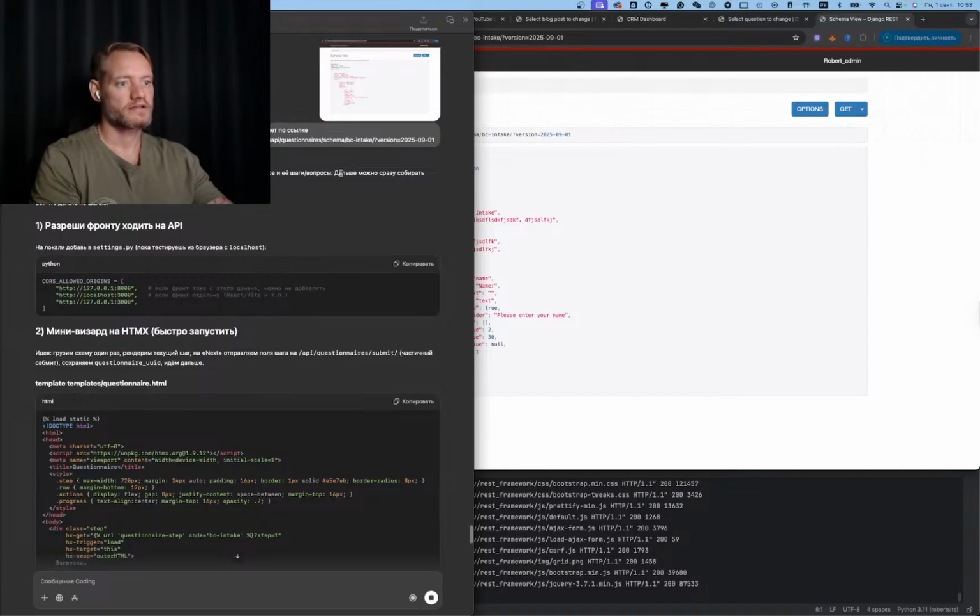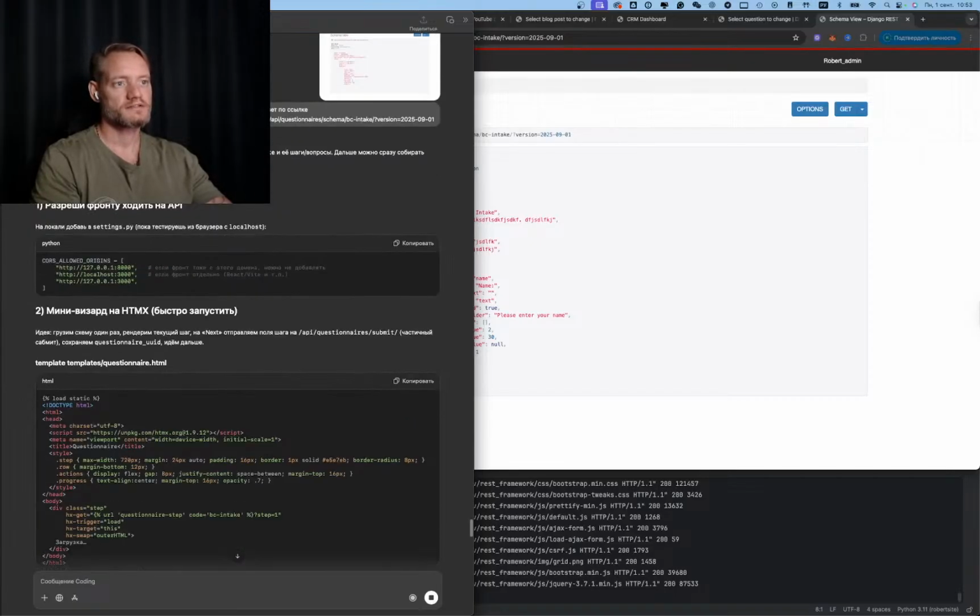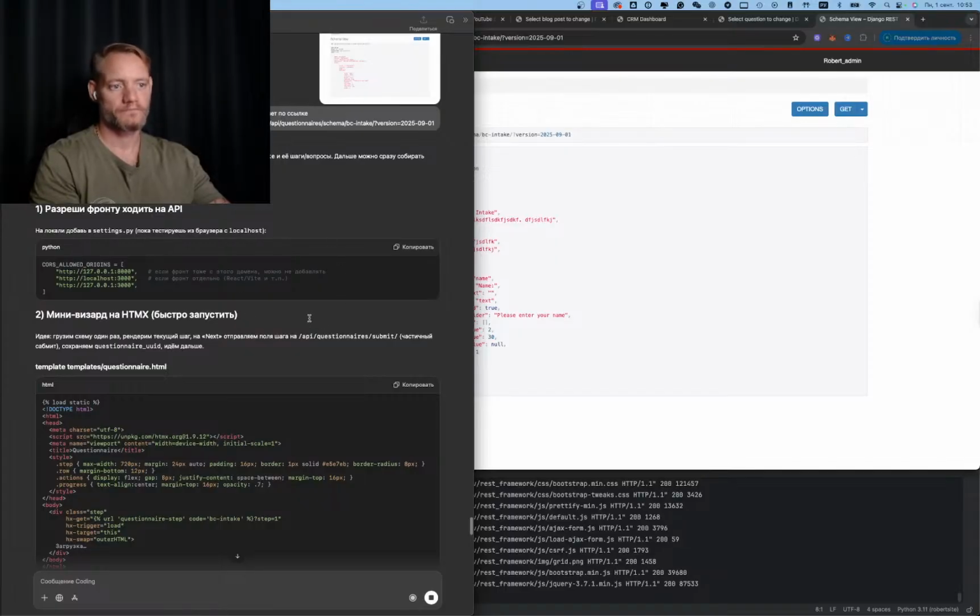Yeah, so he's telling me that the next step is to create the front end for that form. This is actually what I'm going to do by myself because we already have time here. I'm going to create the whole front end system with all the buttons. Guys, please, if you're really interested in how I create my front end, just comment and tell me about it, because I don't really think this is that interesting, because I always